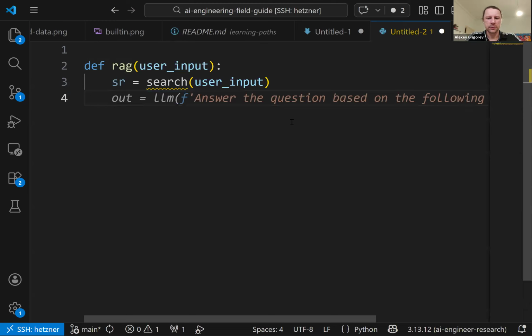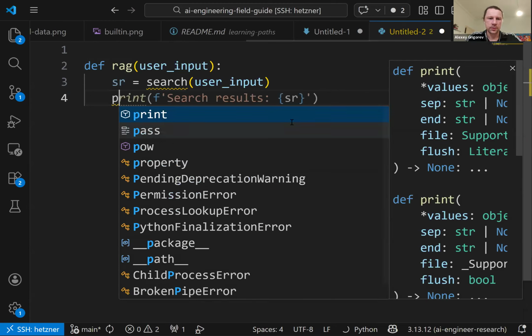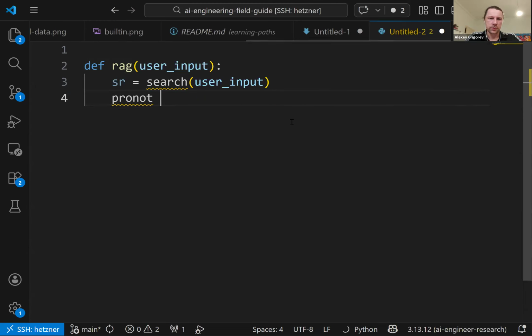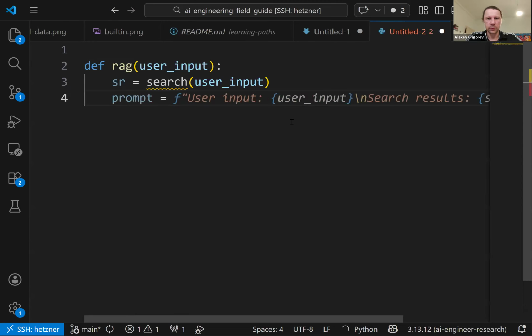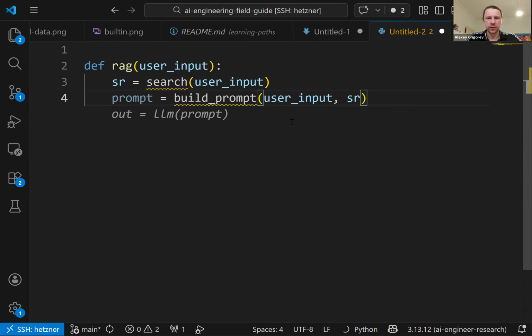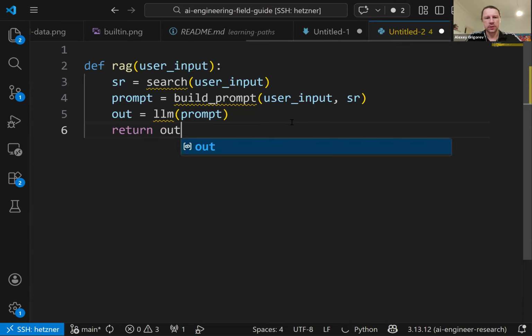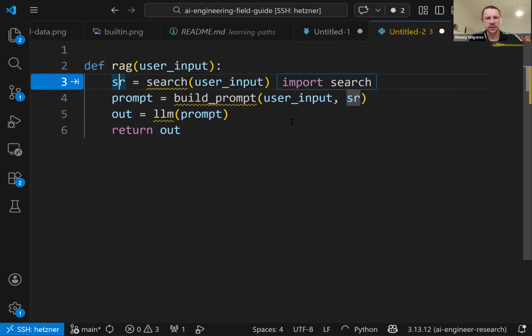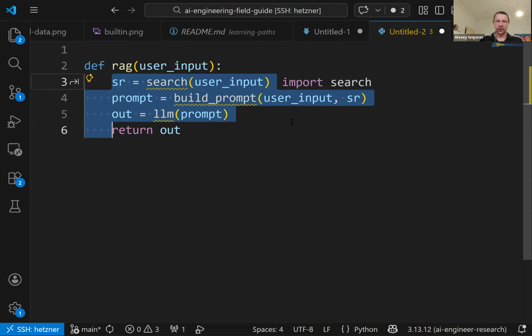Then the second thing, I'll build the prompt, with user input and search results. And then I invoke it with the LLM and then I return it to the user, right? So this is RAG, just these 3 lines of code, right? So this is fairly easy, right?